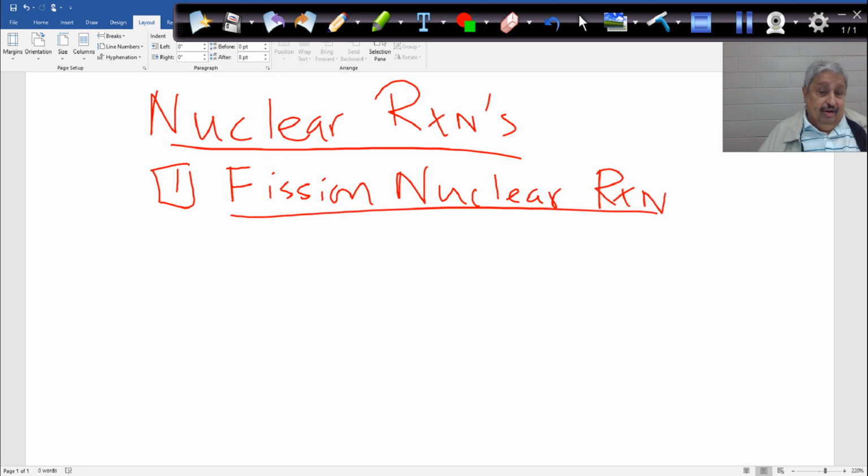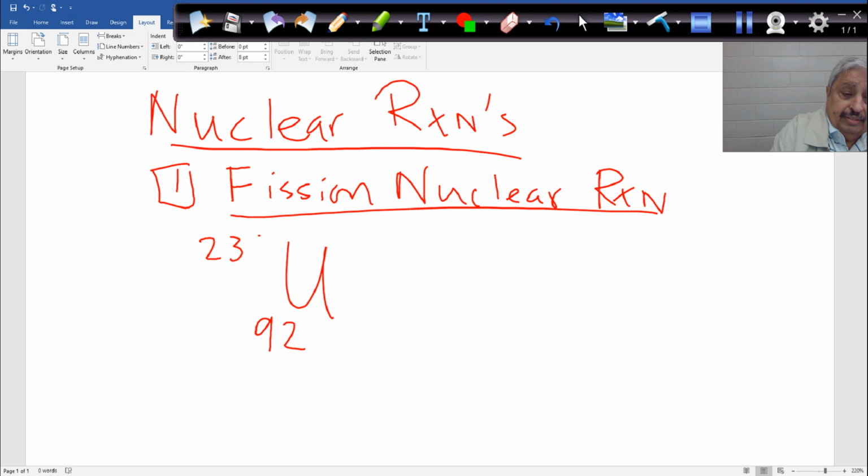In this type of reaction, we have an isotope. We will bombard this isotope with neutrons, correct? Like we have the 92 here, uranium, and 238, that's the atomic mass or mass number. If you bombard this one with neutrons, a neutron has no charge, no atomic number, but it has a mass, atomic mass, correct? So what will happen here? You are bombarding